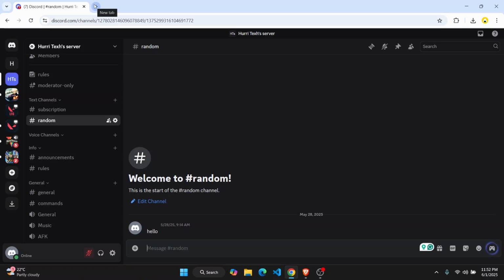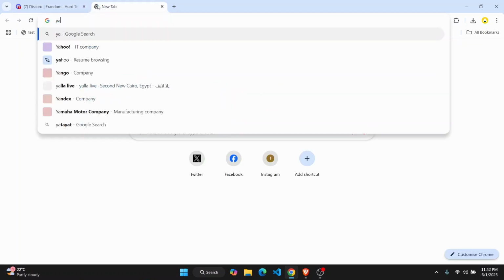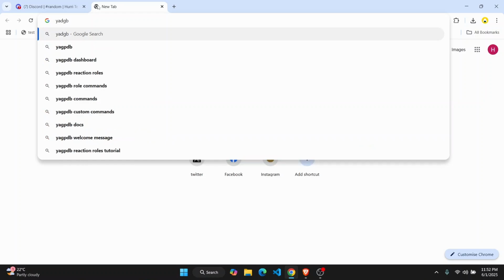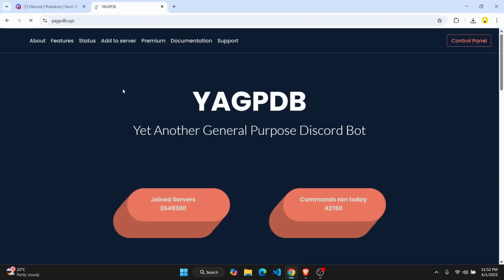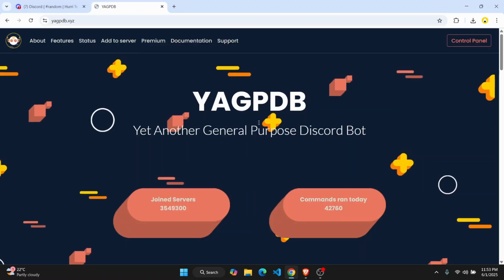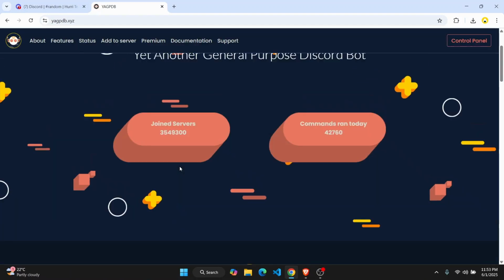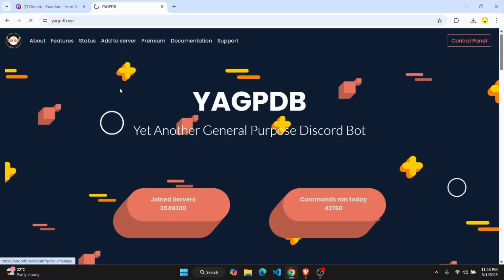So you're going to have to download a bot. The bot is called YAGPDB or something like that. Just search for it and you'll find this link right here. Click on this bot and then from here, you're going to have to add this to your server. Click on add to server